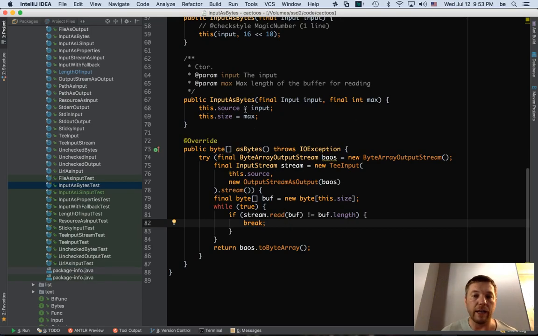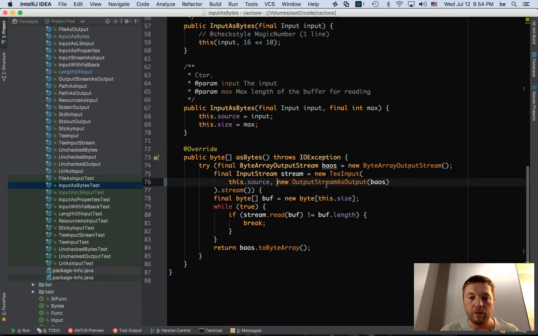So actually what this class is doing is just reading the input stream to the byte array. This is the cycle. First of all, it creates a byte array, then it creates a T input, which is the class which gets the source from here. When we read from T input, the source, they get bytes from the source, and then they save those bytes to the byte array. And we open that stream.